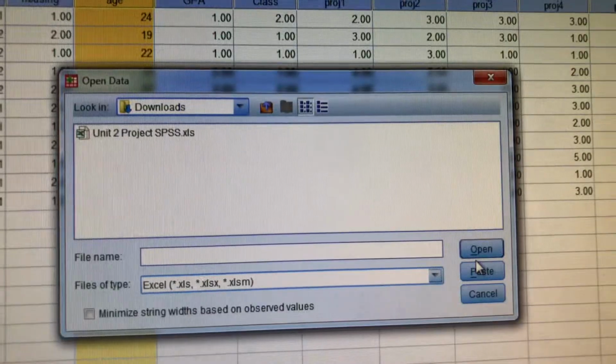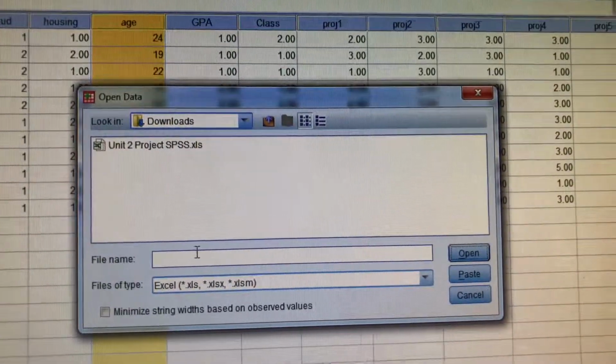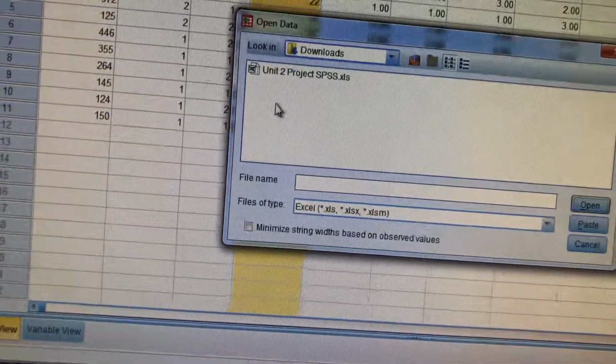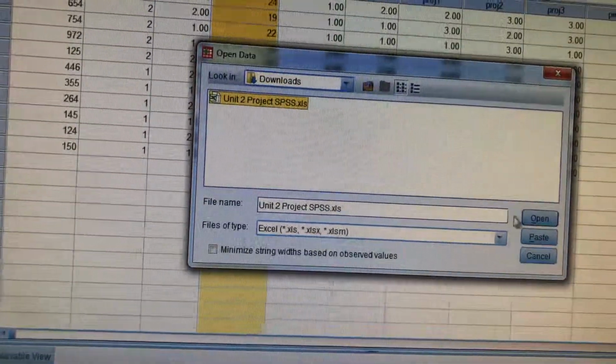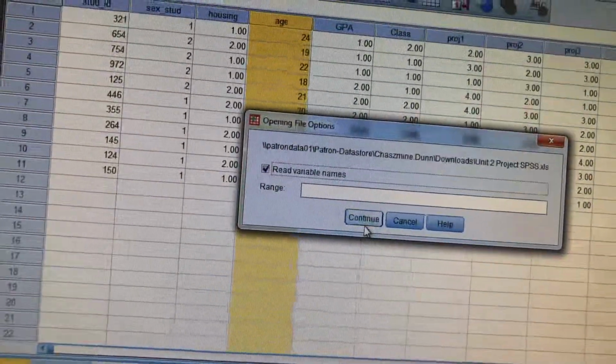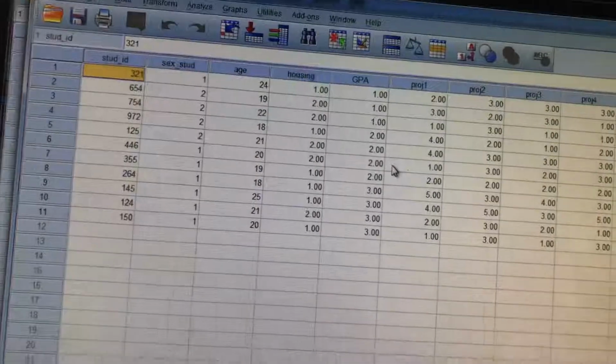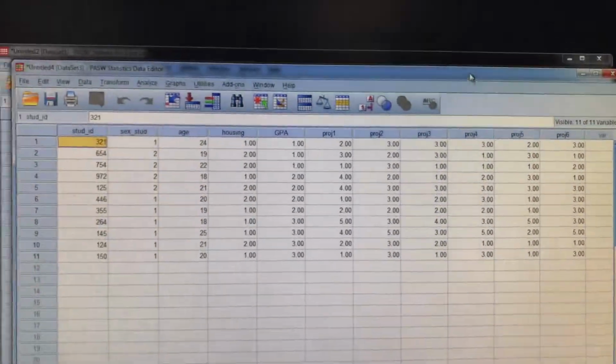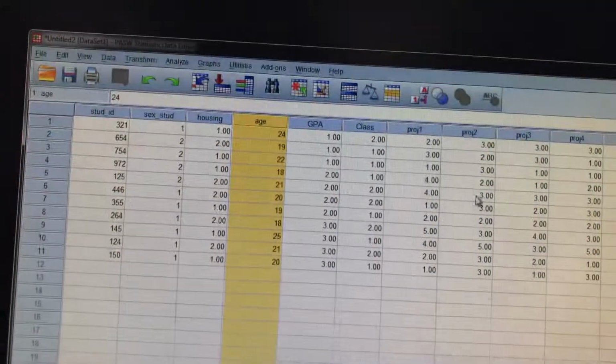You're going to click Open. Of course, the name will be there as well, but you're going to click Open once you click the file. And boom, we have all of our data that's here, and that's also in our Excel